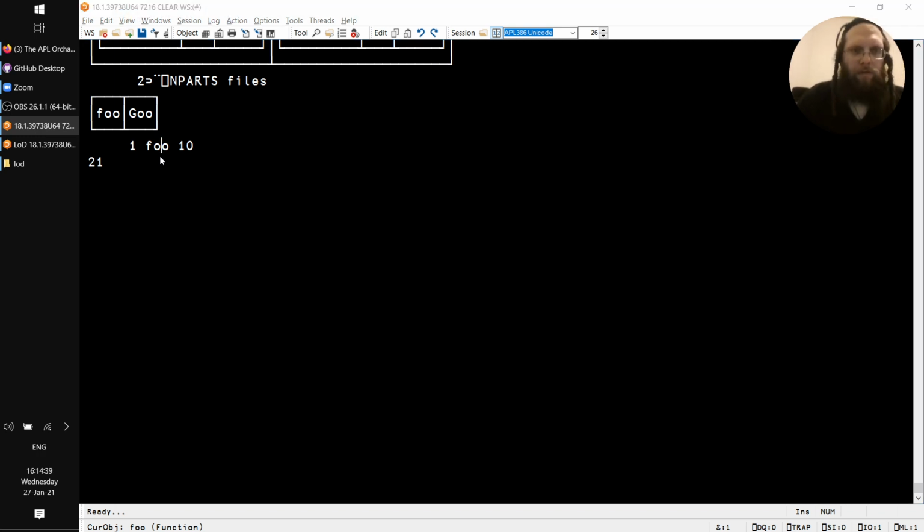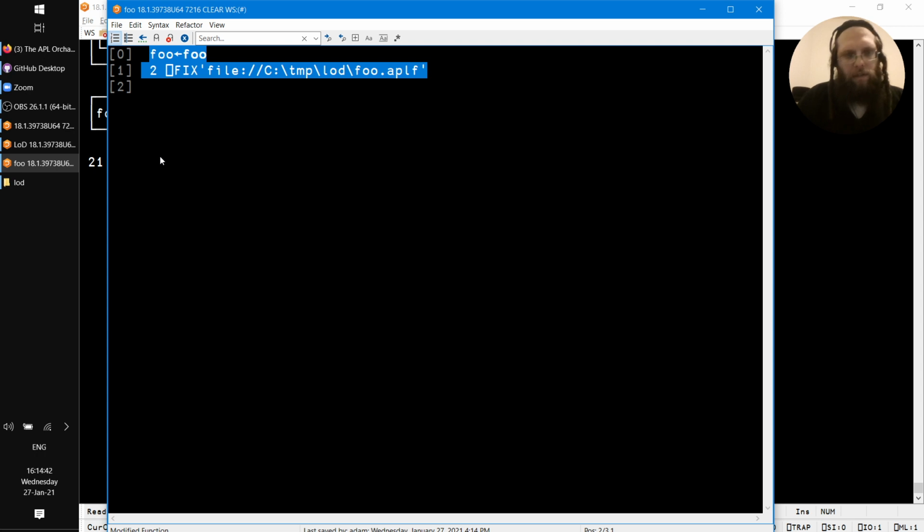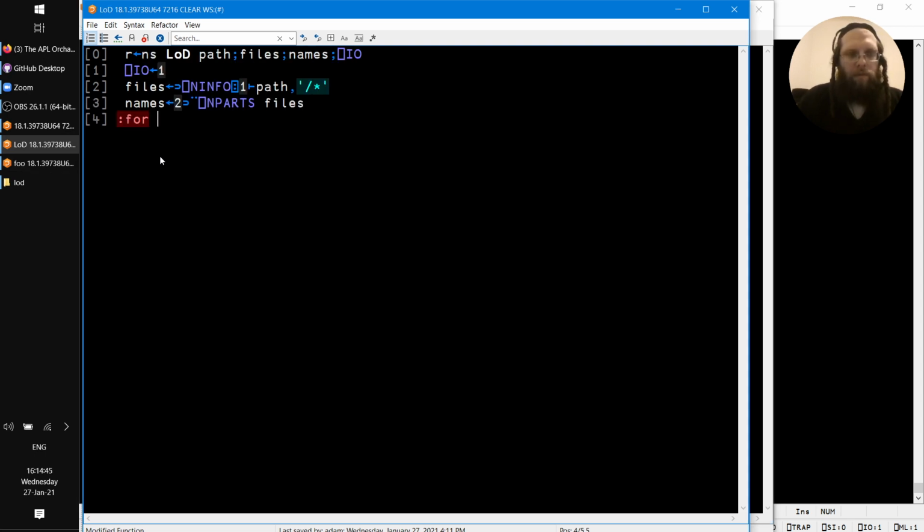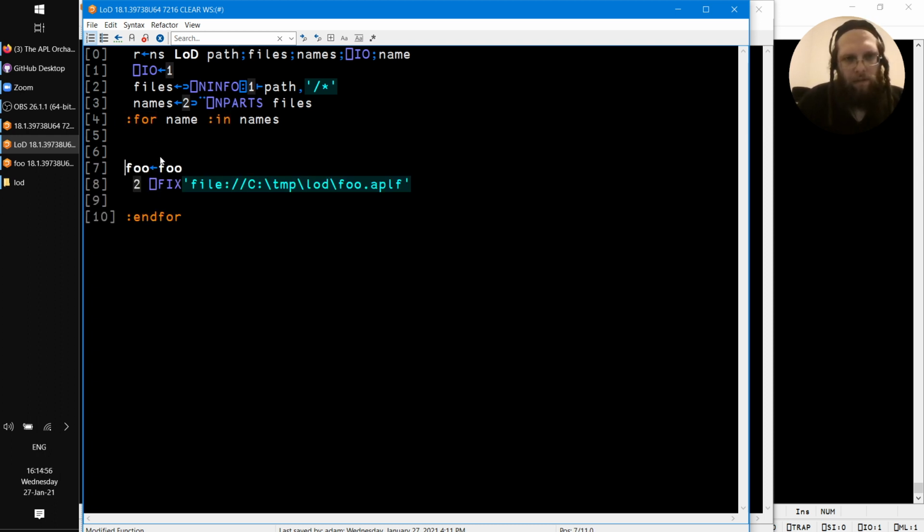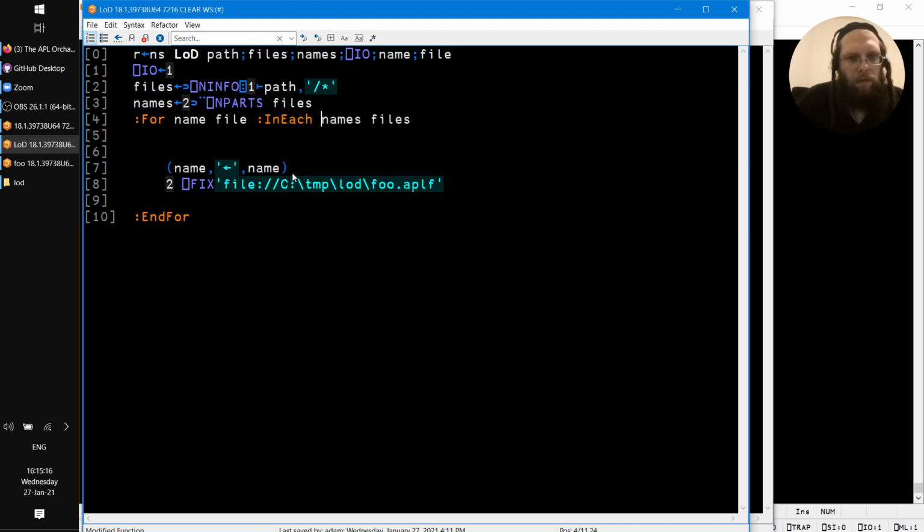Okay, so if we take this stub, we just need to create a function that looks like this. So we want to say for name in names, then we want to create something like this. So we say name comma name, and so we should be for name and file in names and files, each of those. And the second line is going to say this,